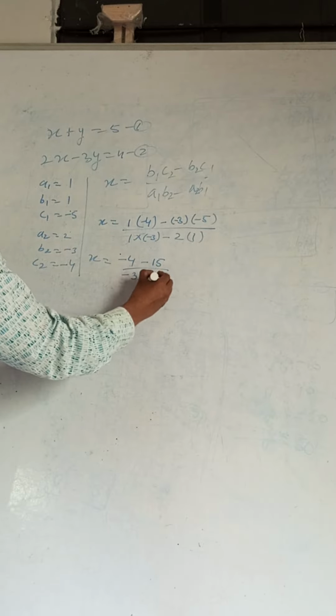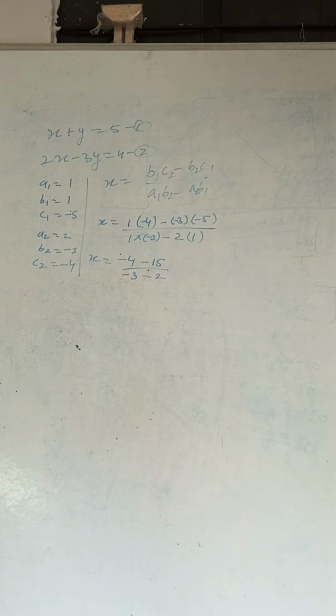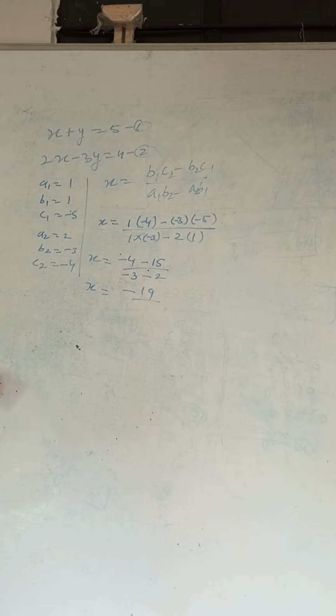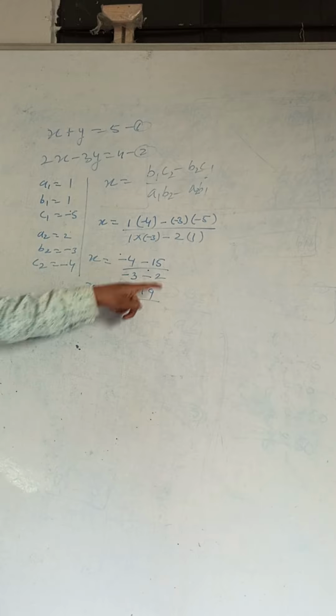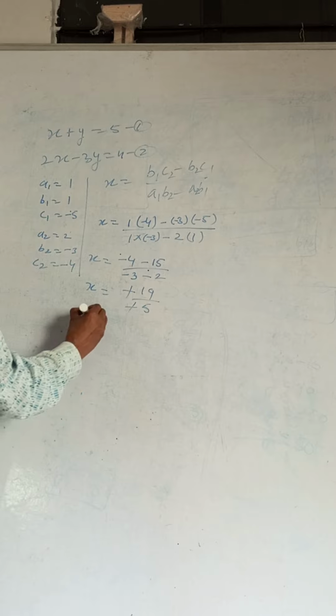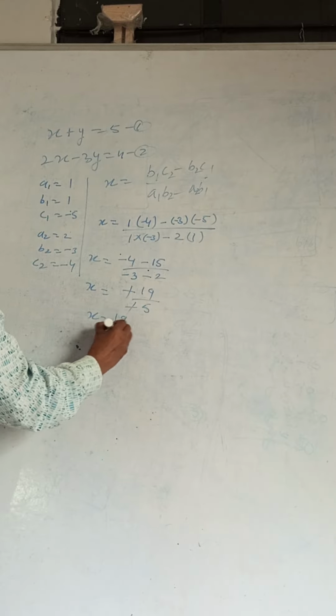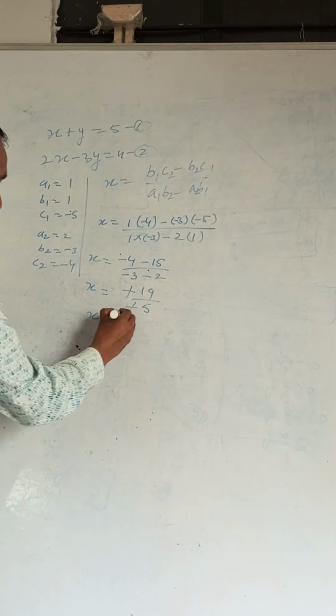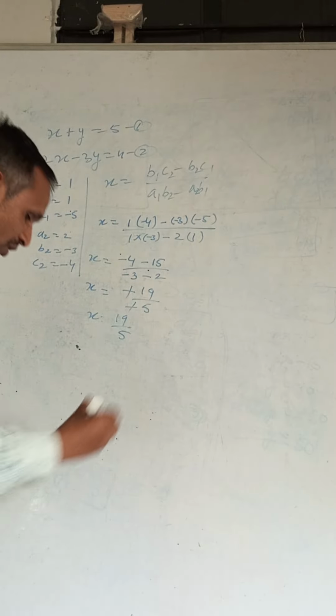Then minus 2 1 to 1. 2 1s are 2. This one written. Then x is equal to what? This will become minus 19 by, and this one minus 4, minus 3, minus 2 is equal to minus 5. Minus minus both up and down is cancelled. We got the x value is 19 by 5. You can check it is backside also that same answer came, 19 by 5. The value of the x.